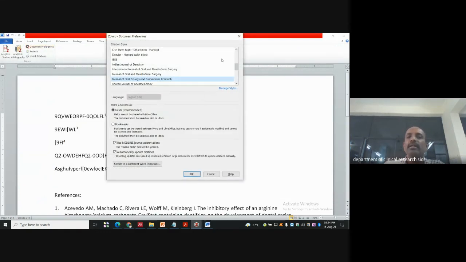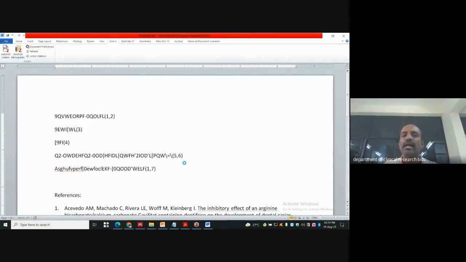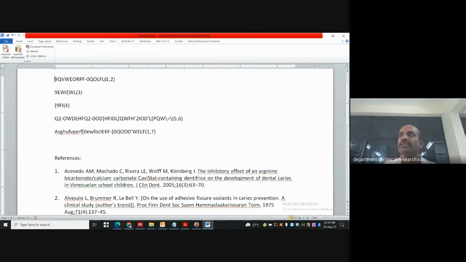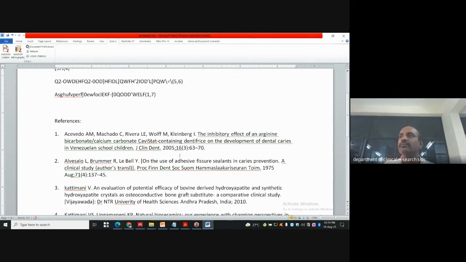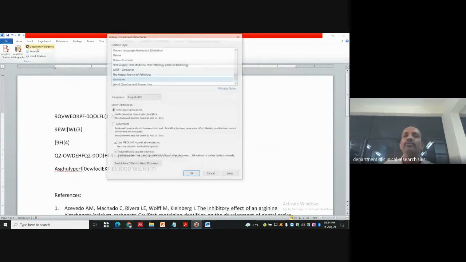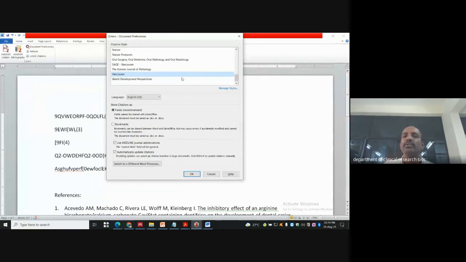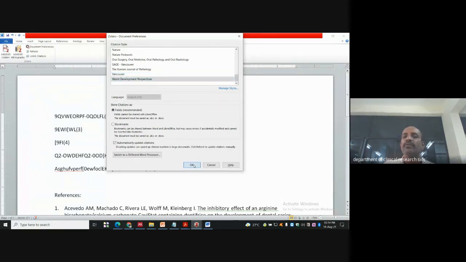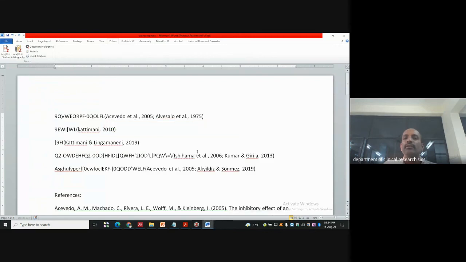Document preferences. Your cranial biology article also has got rejected, and you want to go ahead to the Vancouver style. Then I'll click on Vancouver, then say okay. Automatically it is changing. See, instead of superscript it has come in brackets, parentheses. Then this citation also has been changed, and just by doing the refresh, automatically it does its business. Now I don't want that also. One more section, I want to go ahead to World Development Perspectives. So it has given an author-year citation.